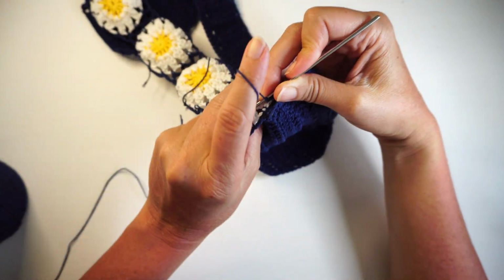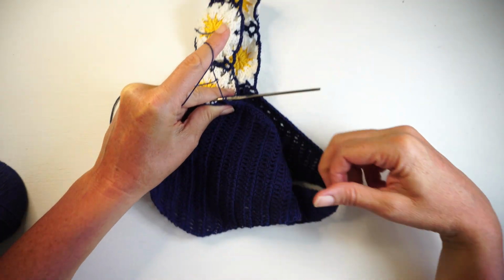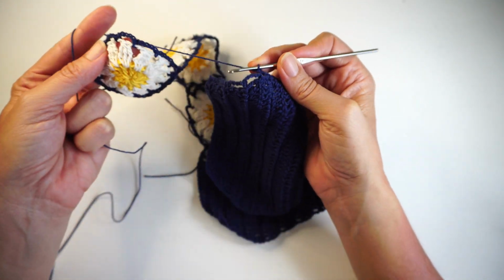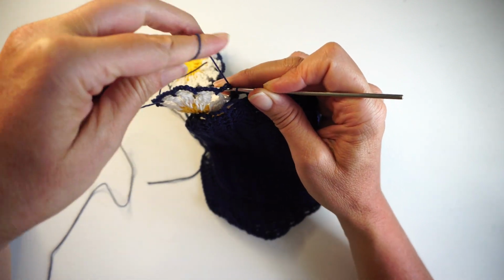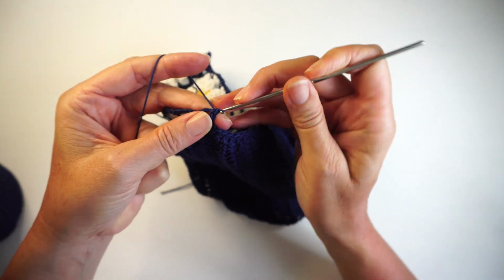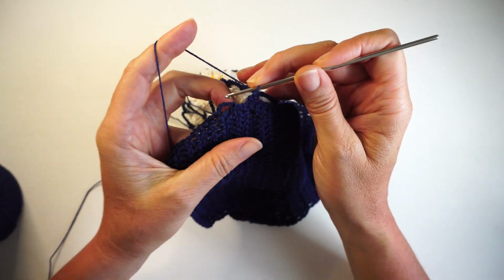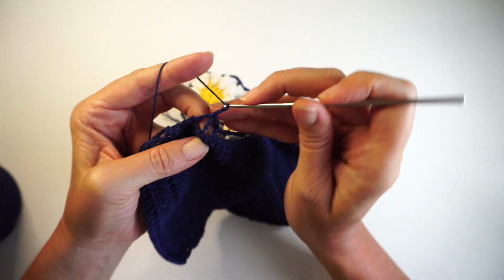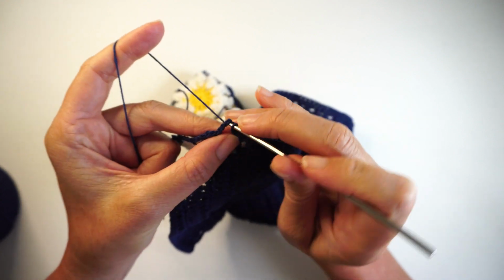Make sure stitching it's not twisted, stitching right like that. Okay, and now I made my 2 chains already. I'm going to join here with this other flower on the other side, and then 2 chains again and connect to this side of your bottom, 2 chains, and join here in this next arch,